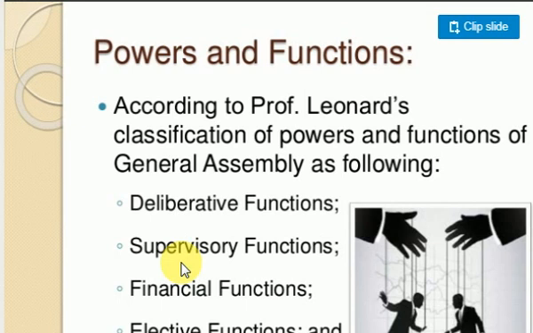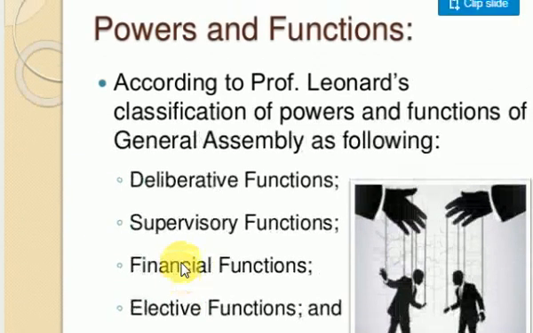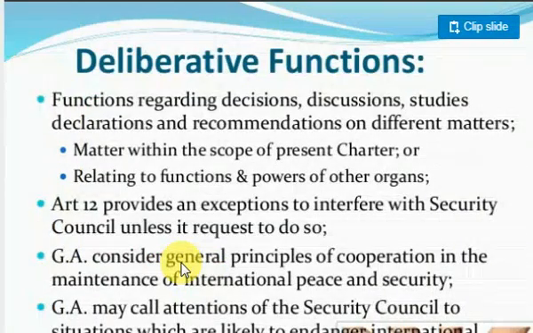According to Professor Leonard's classification, the powers and functions of the General Assembly are as follows: number 1, deliberative functions; number 2, supervisory functions; number 3, financial functions; number 4, elective functions; and number 5, constituent functions. Okay. So number 1, deliberative functions. What is the purpose of the